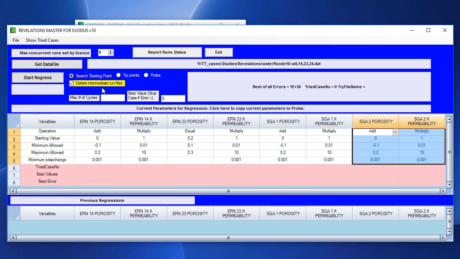I'm going to run the regression, and I'm going to run it on this shared folder. Now, this program itself can run up to, in this case, according to my license, up to 8 possible simultaneous cases. But since this is a slow computer, I'm going to bring it down to 0 and have my fast